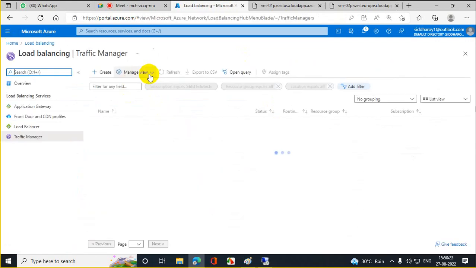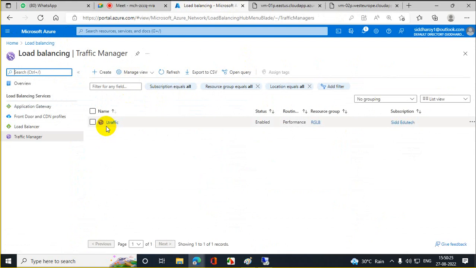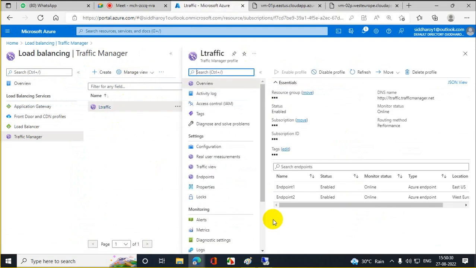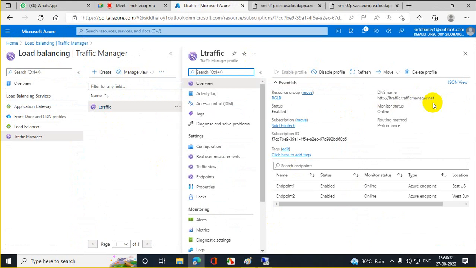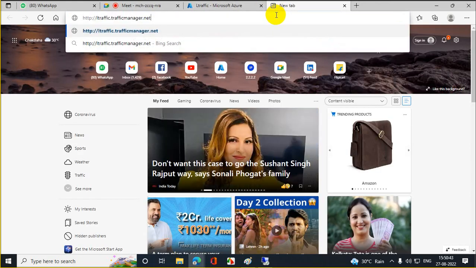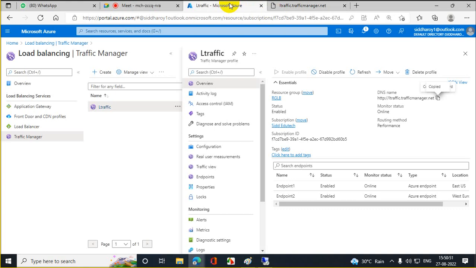Now the traffic manager will decide, based on the endpoint configuration, which one he will make the priority. That is the traffic manager URL or DNS. So you will browse this one. Either it will represent V1 or V2, right? ltraffic.trafficmanager.net. Once it is pointing, it is by default pointing to the web page of VM02. Why? If I go to the endpoints,